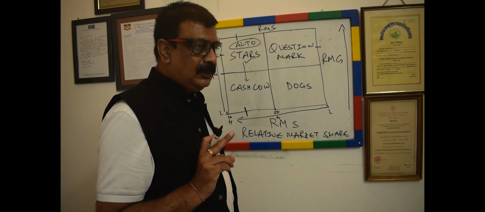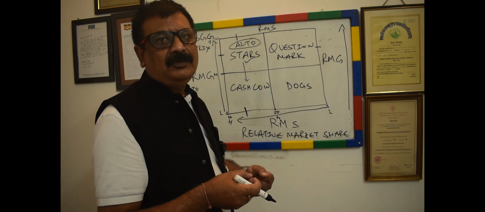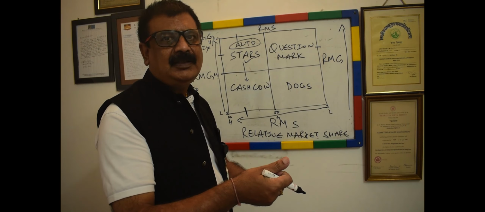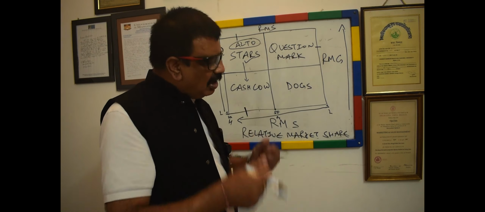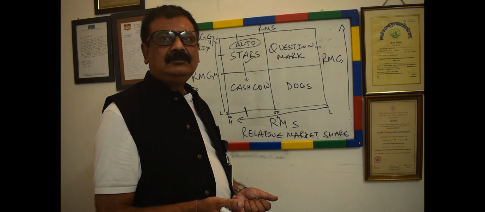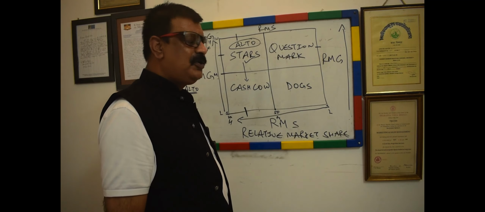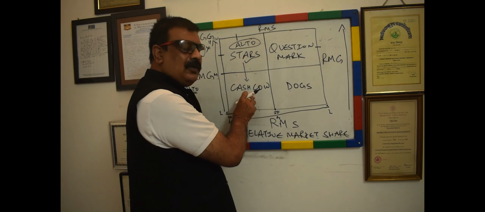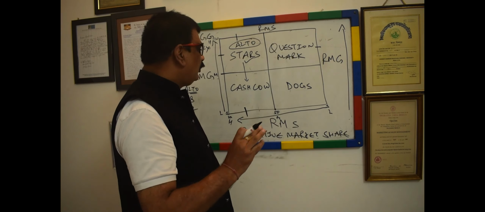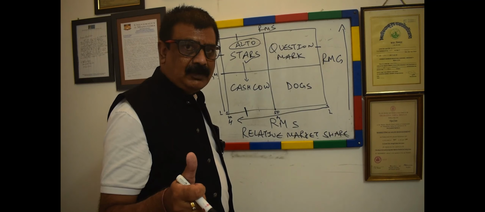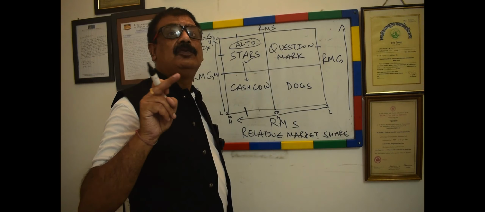But make sure, milk it. We milk the cow to the limit where it gives you quality milk. We don't give it oxytocin injections, we don't misbehave with the cow; keep extracting milk and you find the cow has died. Right? So cash cow. You can argue that it's a star, no issues with it. In a cash cow, what should be the strategy? Maintain your market share. Every 2 or 3 years, modify the product, right? And also, as we studied in the 5 forces model, find out where the new threats are coming from.